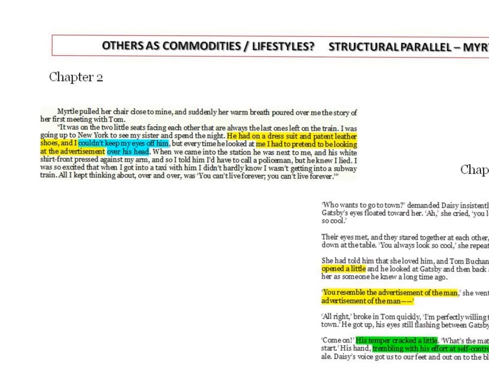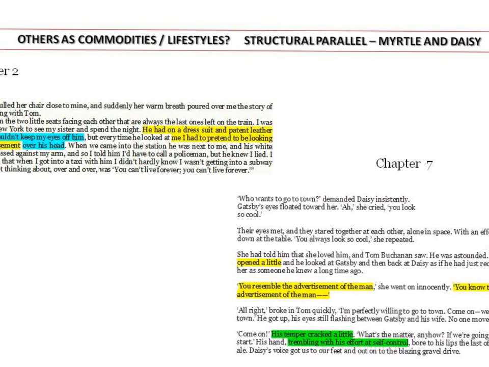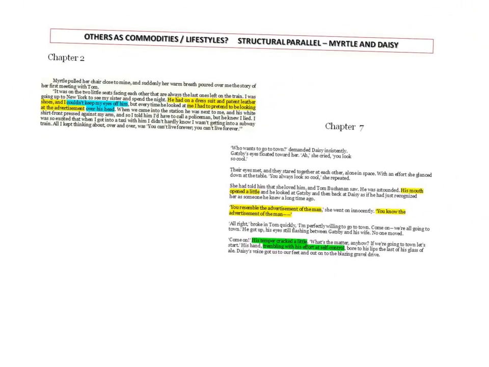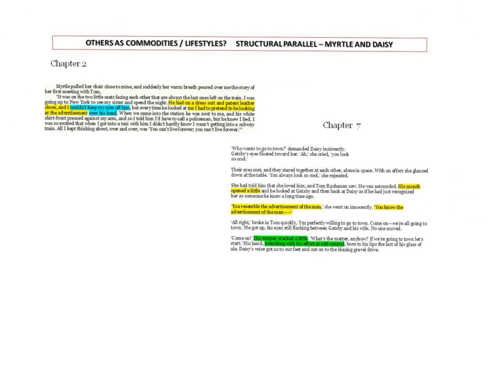Now leap forward a few chapters and we have chapter 7, that really tense chapter when the love triangle and the friction between the 2 men and Daisy really starts to come to the fore in a chapter filled with heat imagery and the reference to Daisy dropping a match or maybe a cigarette on the carpet, just to add to that idea of something incendiary and about to explode. So a really tense chapter. So the parallel, again, between these 2 women is this one.